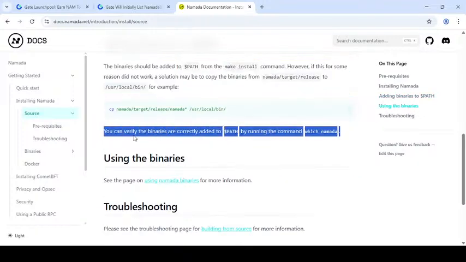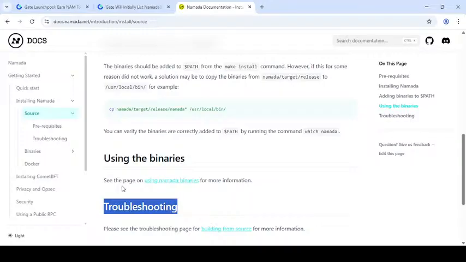You can declare and use the binaries to see the phase of information.